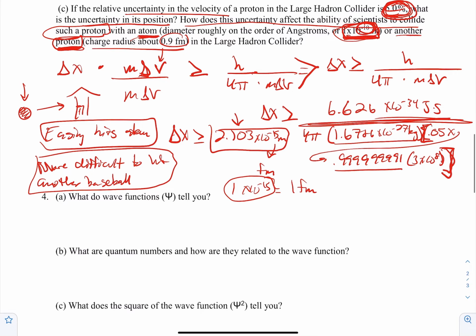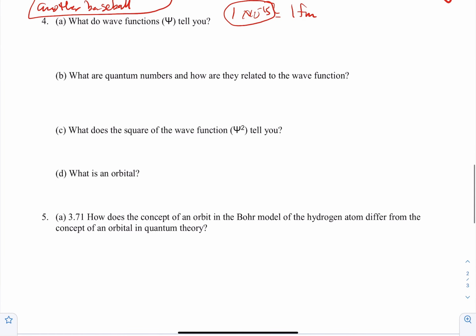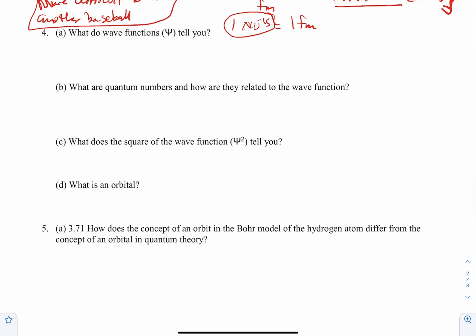All right. Number 4. What do wave functions tell you? Wave functions are solutions to the Schrodinger equation. Now, don't freak out. The Schrodinger equation is an equation that we use to solve for energies in an atom, energy levels in an atom. So I'll just put solving energy levels